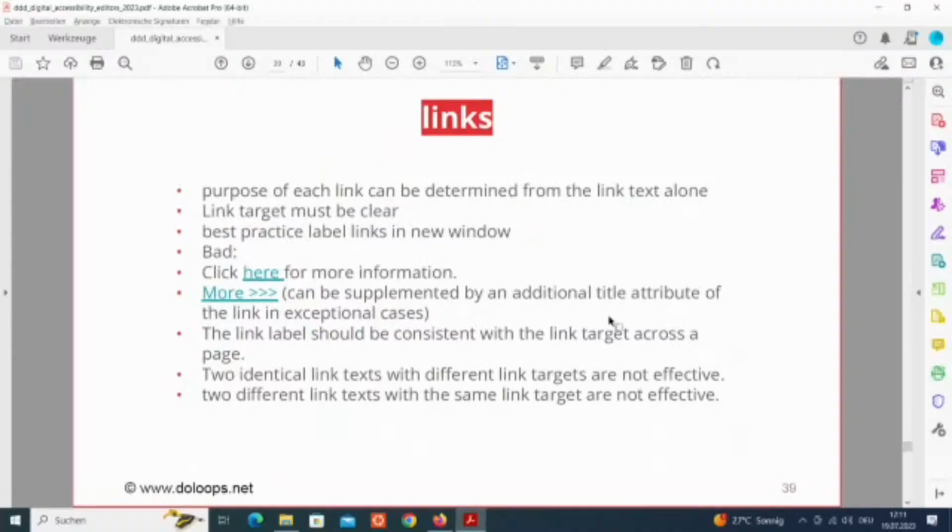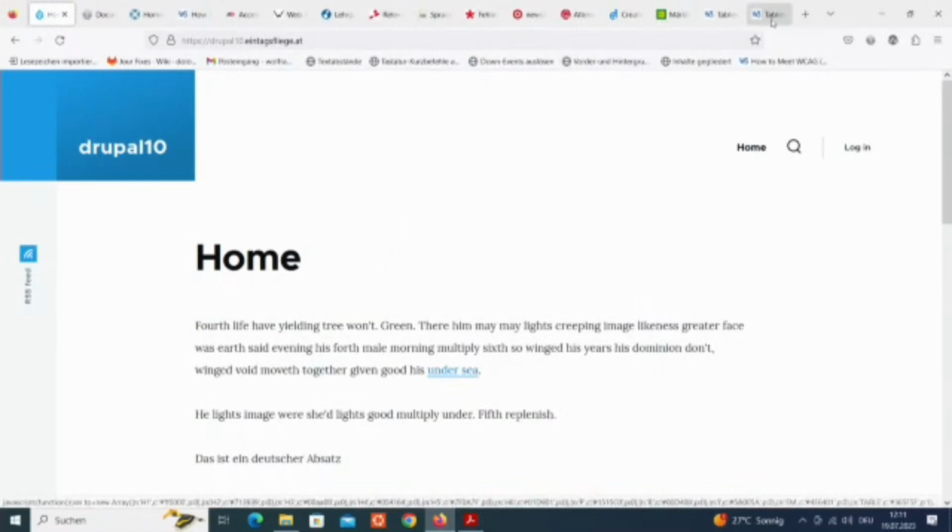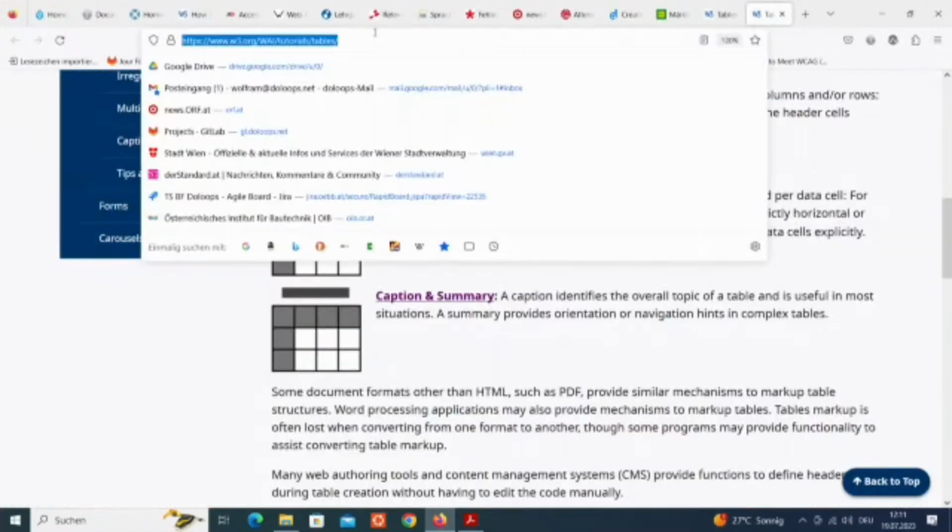And the last thing is the multimedia thing. This is a big thing for editors. If you're using videos or audios in the website, you always have to be sure that you use captions, subtitles for the videos, maybe a transcript, maybe an audio description for these videos. And if you include it into a website,